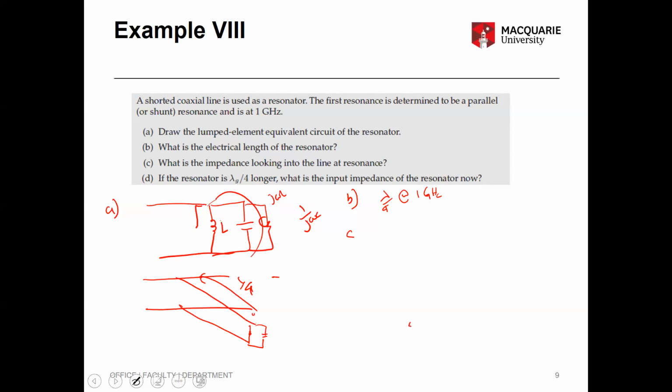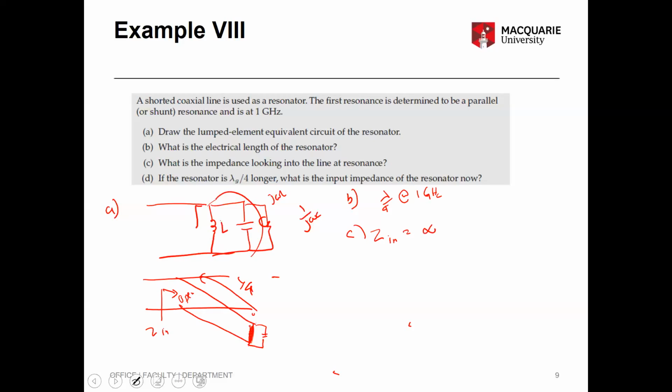So part C, we can't calculate it. We can calculate it if it's free space, but we don't know the coaxial line's electric constant or anything, so permittivity. So we just say lambda by 4 at 1 gigahertz. What is the impedance looking into the line at resonance? At this resonance, if it's short and it's lambda by 4, this is open. So the impedance looking into here